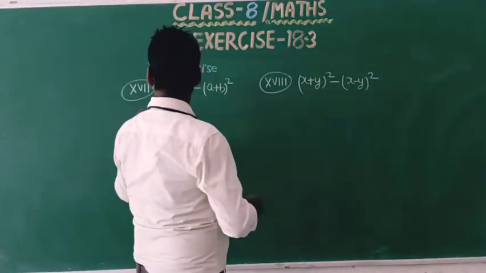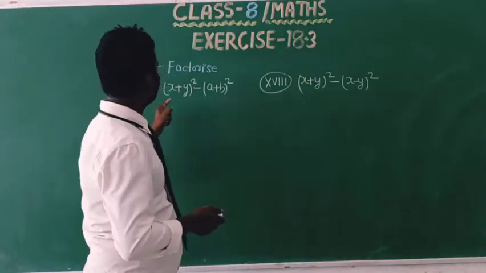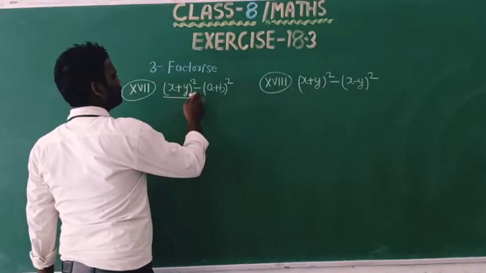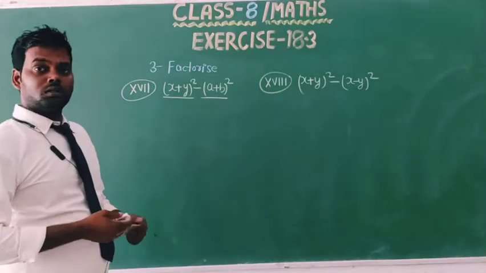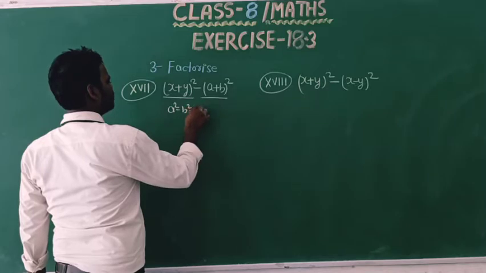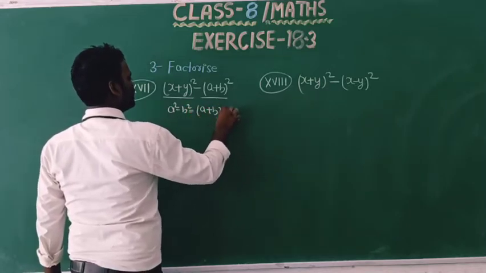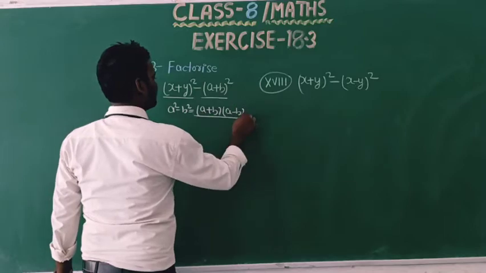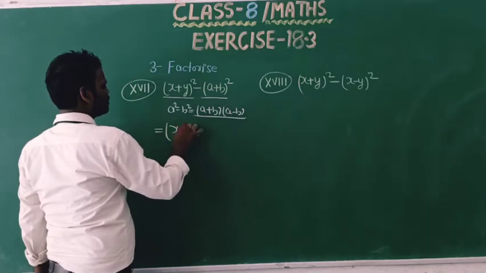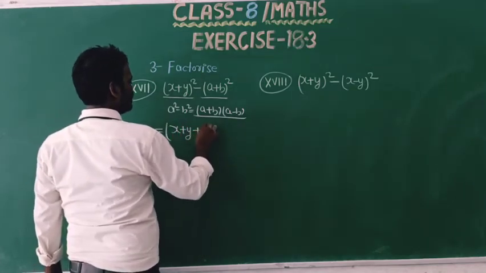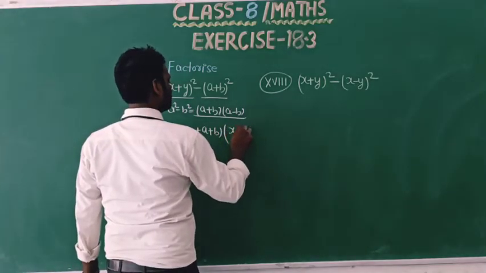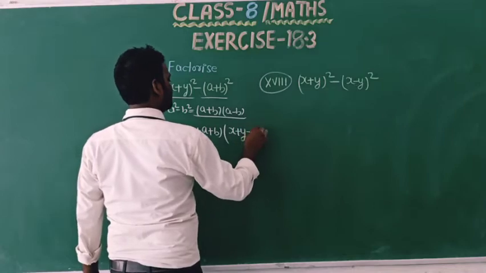Okay dear children, this is the 17 and 18 part, question number 3. So this is (x + y) whole square minus (a + b) whole square. Using the identity a square minus b square equals (a + b)(a - b), this becomes in one bracket x + y + a + b, and in the second bracket x + y minus a